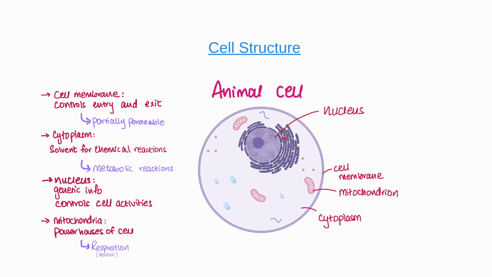Now, do you see these tiny, tiny dots that I've made next to the nucleus? These are the ribosomes. These ribosomes are placed on another organelle called the rough endoplasmic reticulum, and they're otherwise freely floating within the cytoplasm as well. Now, ribosomes are responsible for protein production. This happens by joining the protein subunits called amino acids together in a chain. And as a reminder, these instructions to make the protein are coming from the nucleus.